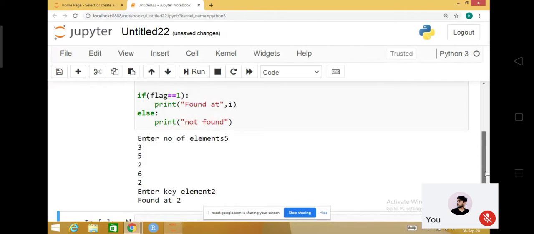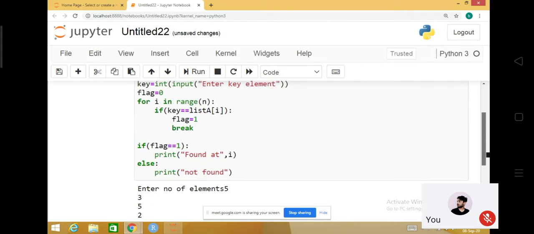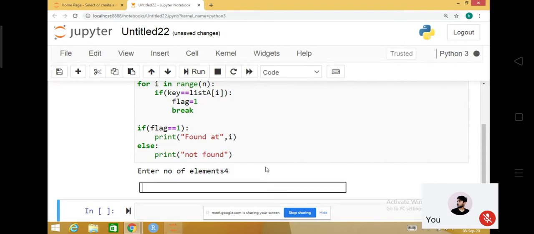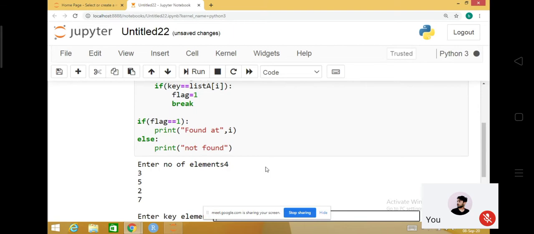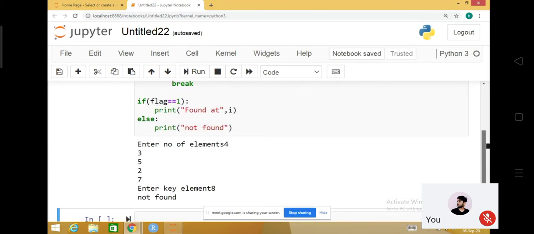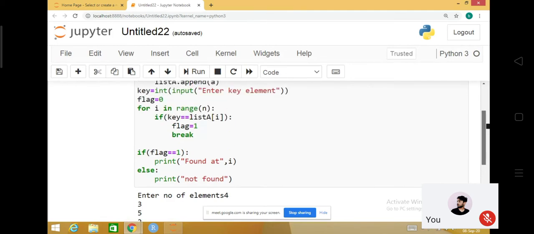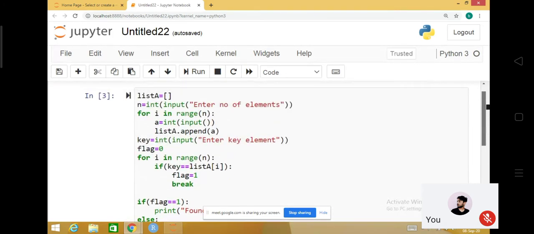Okay. So obviously, as per the logic of the linear search, 2 is the element, and 2 is at index position 2, so that gets printed. Just run it another time, and let me search for one element which is not here. Fine. So Sunil, your not found issue, you can deal with in this way.